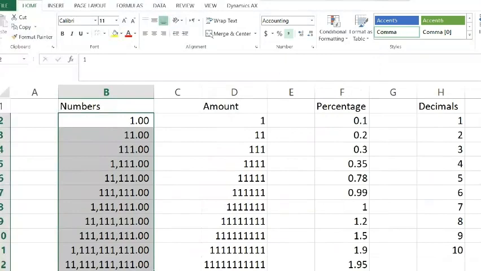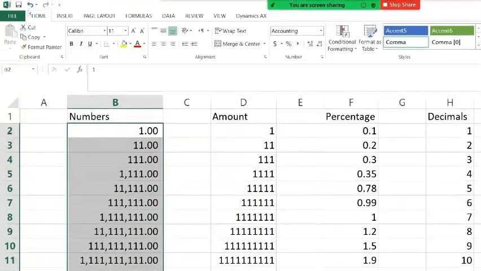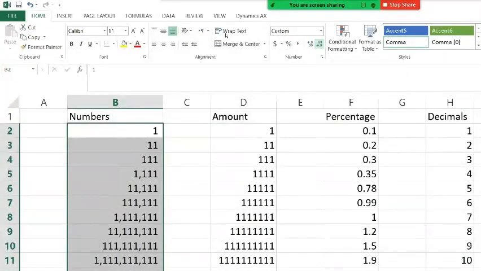As soon as you click on this, the system will insert commas at the appropriate places and will also add decimal places after the number. If you want to reduce the numbers after the decimal place, you can click on the icon named Decrease Decimal, which is again available in the Home menu. As soon as we click on this, the digits after the decimal will disappear.